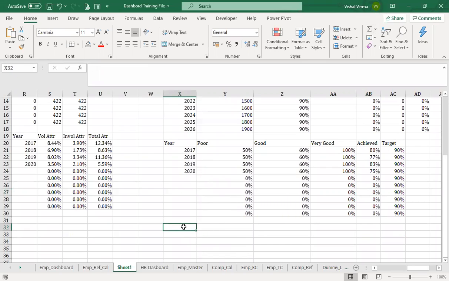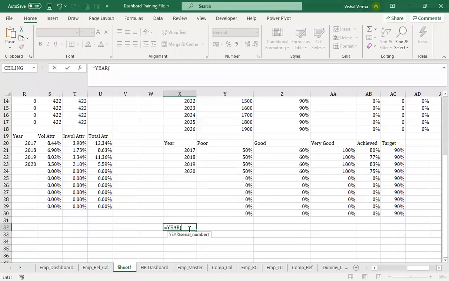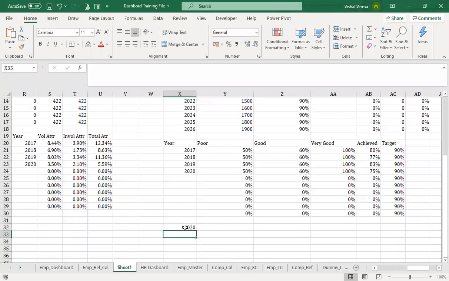Now we need to calculate the year on that. When we need to calculate the year, we will be using the bullet chart. So we will have the year as IF year of today is 2020.